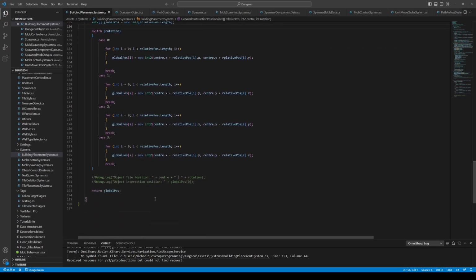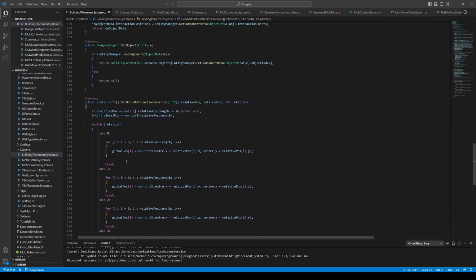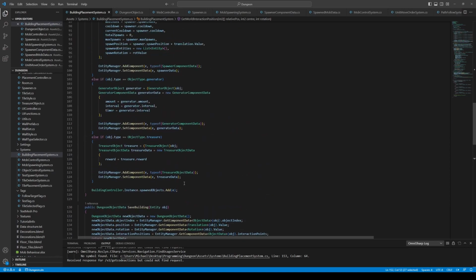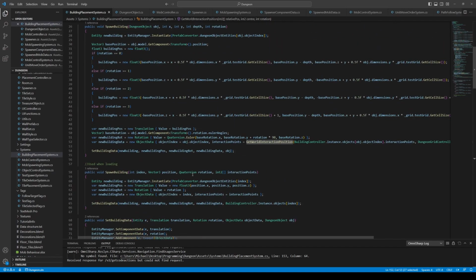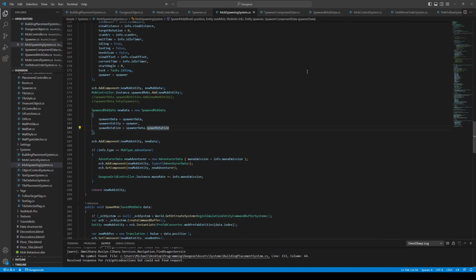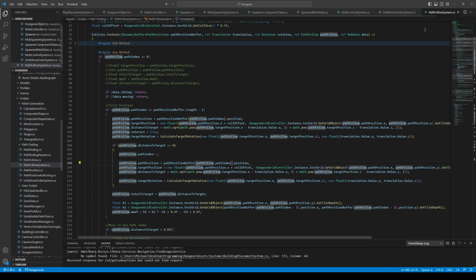Yeah, this is correct. Where was it? Sorry about this. It's getting confusing. I should plan better, shouldn't I? That's saying it correctly, and then when it was pathfinding,